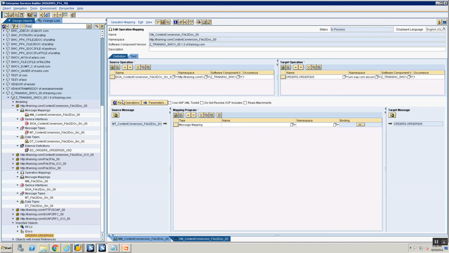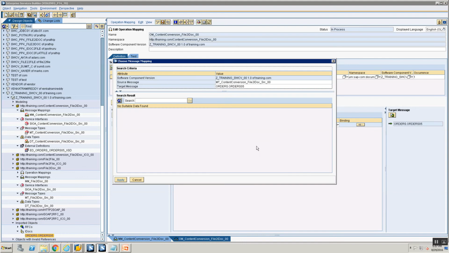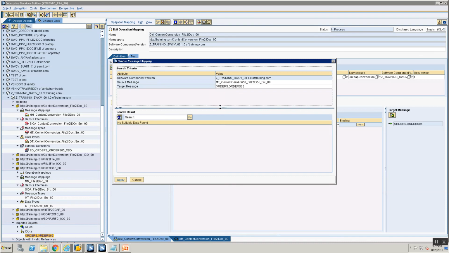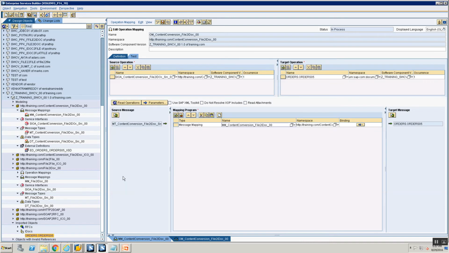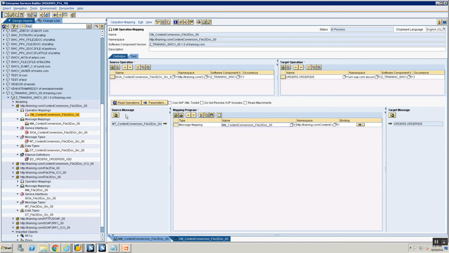I'm going to say read operations, and now when I select my message mapping, it will say no mapping found. This is because your target message is expecting it of IDOC type. So go into your target message and change it to any, and when you save, say refresh, you should now see your mapping displayed. Select and save your operation mapping.